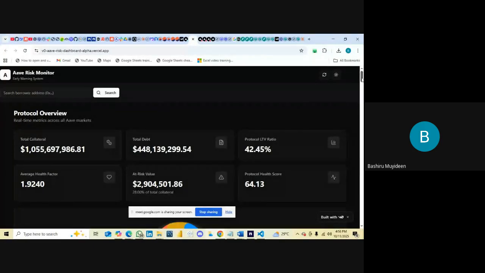Because most of the time, the data I've seen so far is just about after the liquidation must have happened, and that's when they will not be spotting it. But this particular one tends to spot the liquidation on time based on how the price is moving. So by so doing, those borrowers who borrow assets under Aave, they will have a kind of